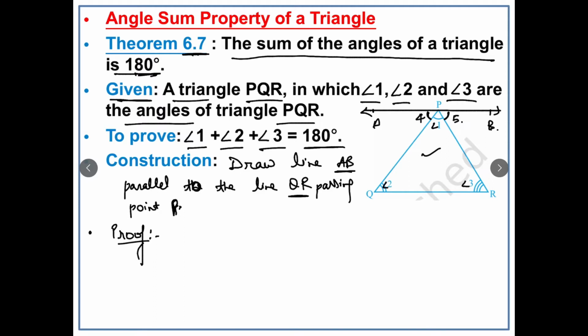So from the figure you will have that the line AB is parallel to QR. So I'll write, since AB is parallel to QR and PQ is a transversal, therefore